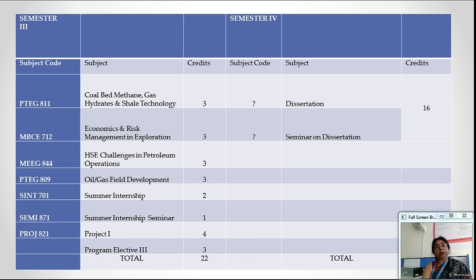Along with that, in the third semester itself, you have to do the minor project. It also has credit. You take the minor project on your own, because by then you will have learned almost all the core subjects related to the petroleum engineering program, so you will know where your interest lies. You have to choose a mentor and do your minor project on the topic where you have developed a liking. The minor project, known as Project 1, you have to finish. And in the third semester we also have the elective.